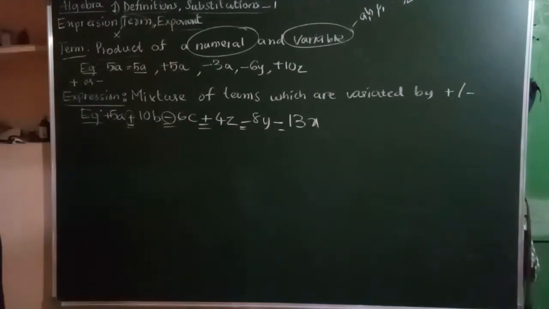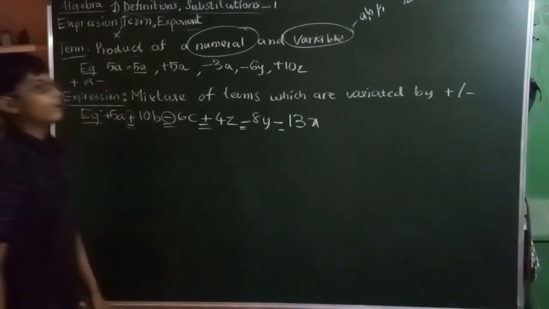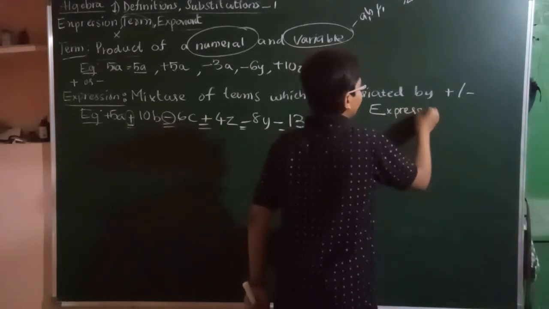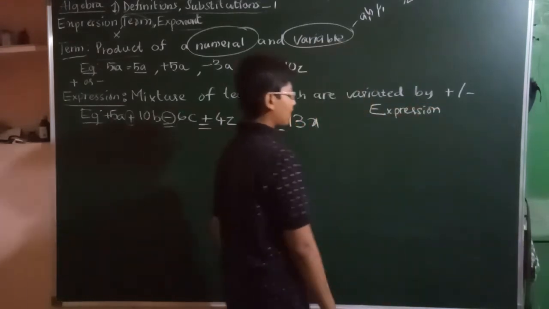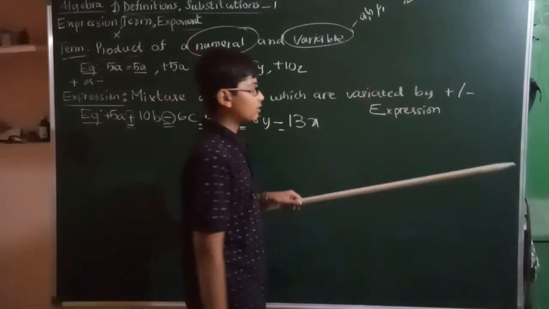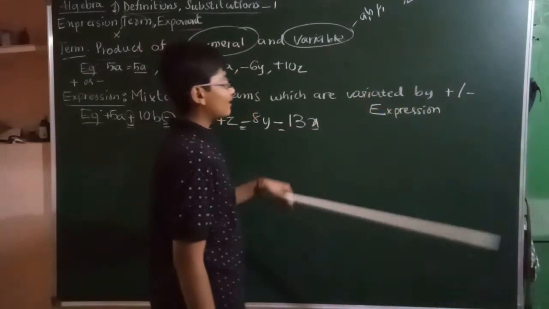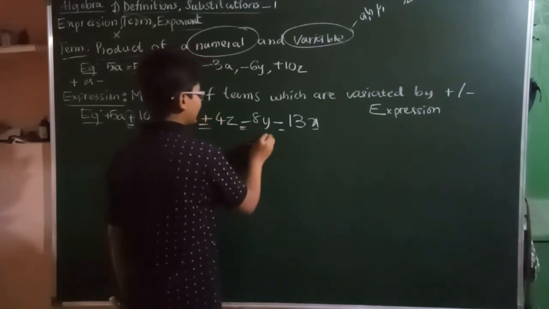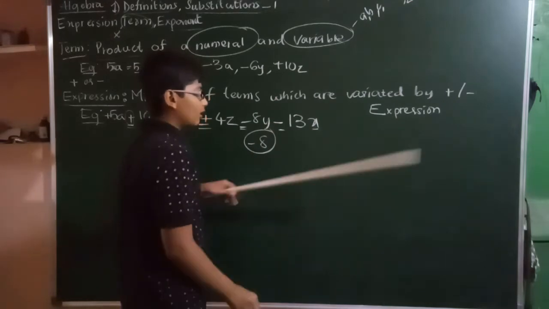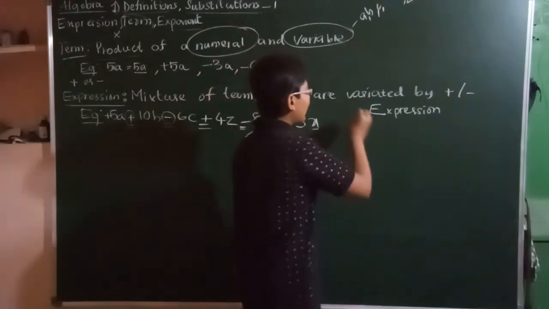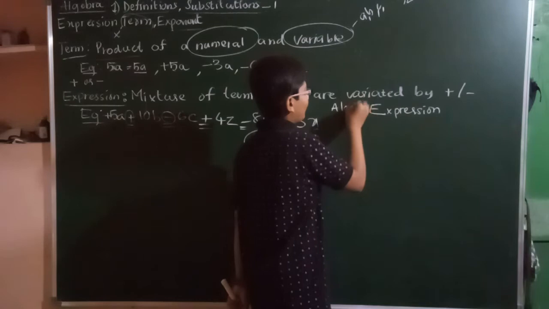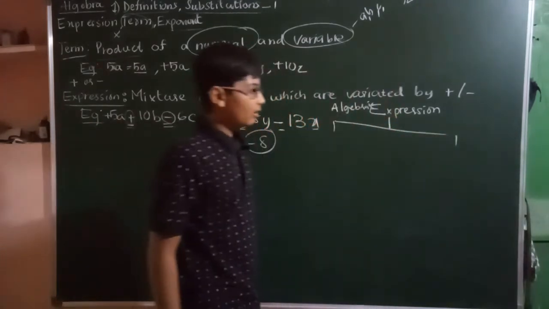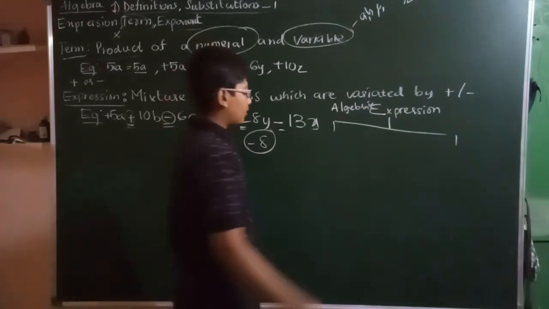Before knowing exponent, let's see the types of expression. Now expression is divided into two types. We call it as algebraic expression also when there are variables, and we call it as the literal expression when there are no variables. Suppose minus 8. This is a literal or numeral expression. Now let's see the algebraic expression types. Okay. It is divided into two types.